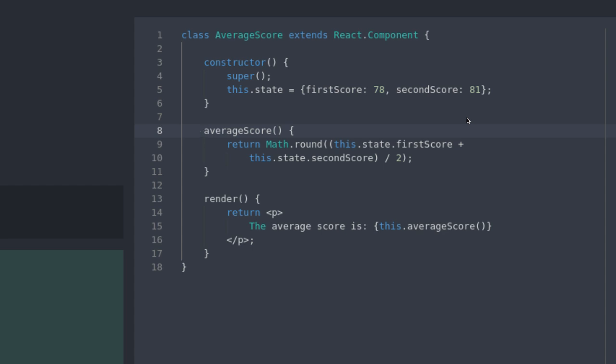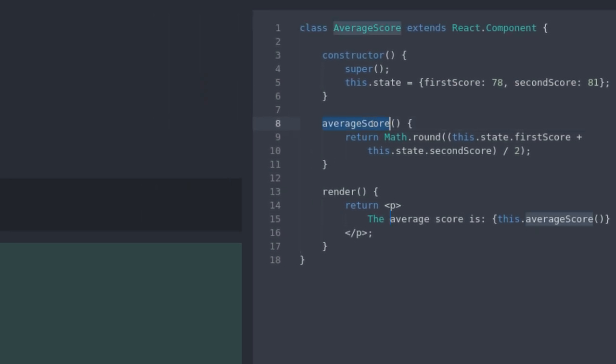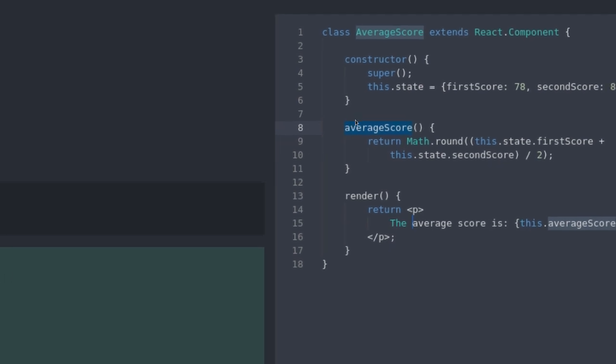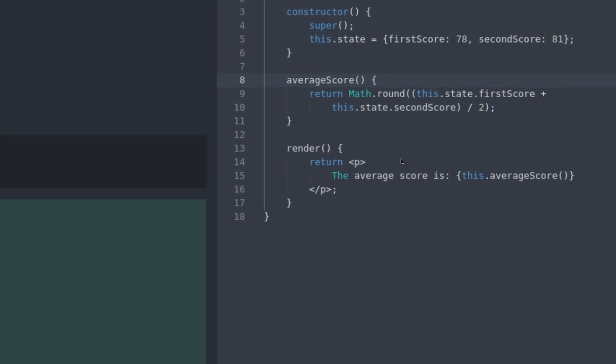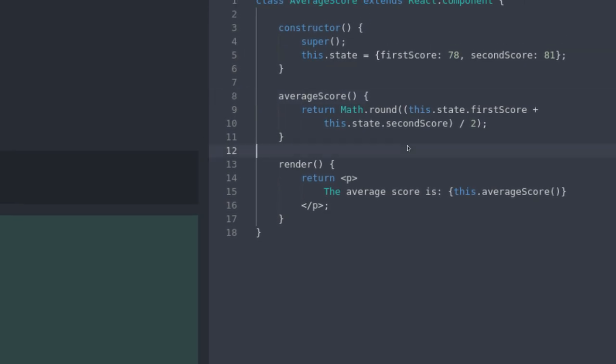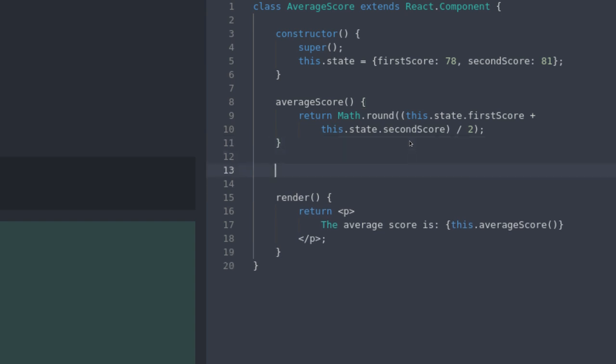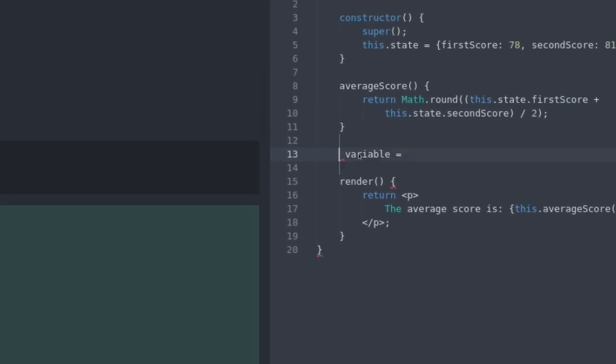Alright. Any questions on that one? So remember, if you need to create a function or a class method, then don't put the function keyword in front and stick it between the constructor and the render. You could also, I always forget whether you need the const or you have to drop that as well, but yeah, I think we have to drop it, right? It has to be